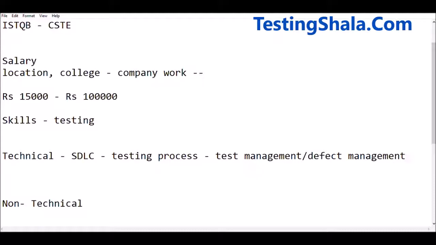When you are testing the product and you find an issue or defect, then you should be able to log the issues. So all those things you should be able to manage. And you should also know one database, because all the applications are connected to databases. It could be Oracle or SQL. You should know one database language, which is very much needed to validate from the backend perspective.